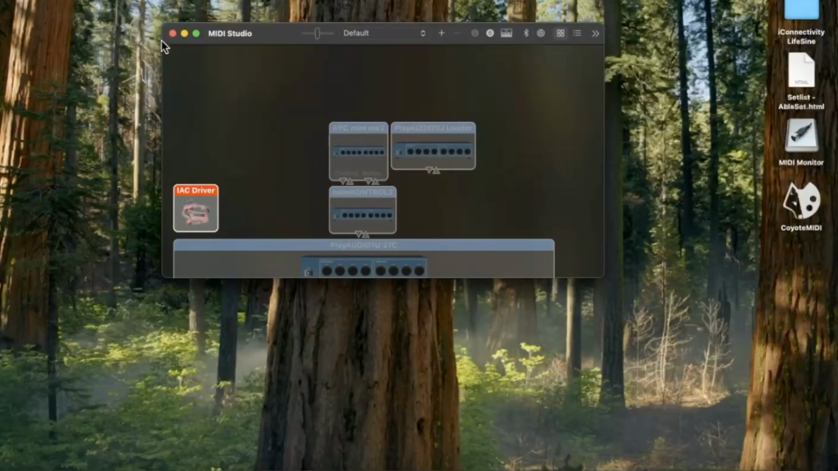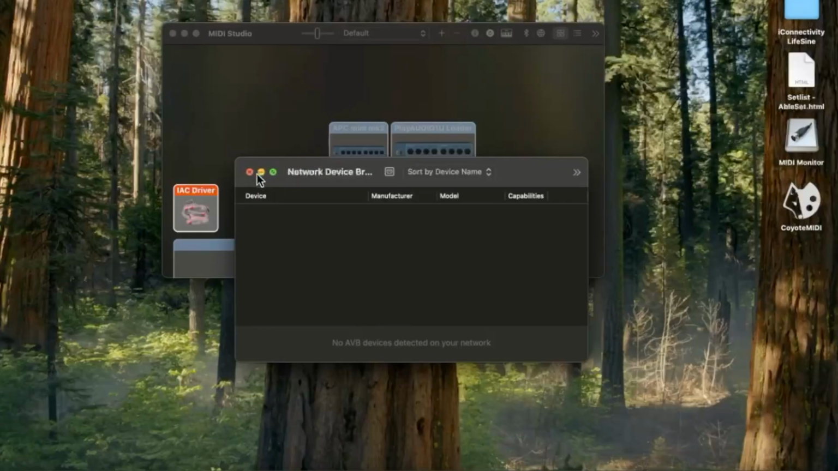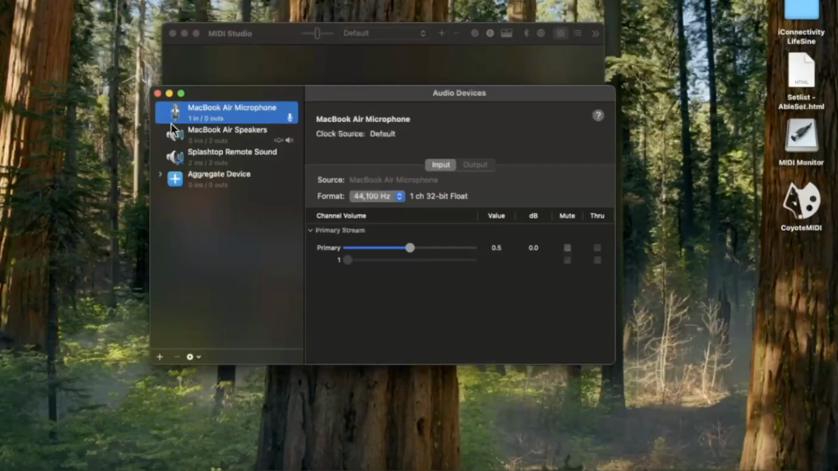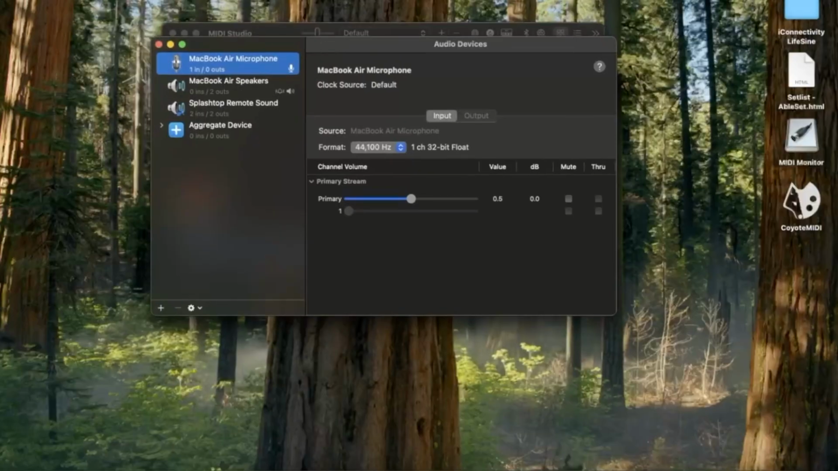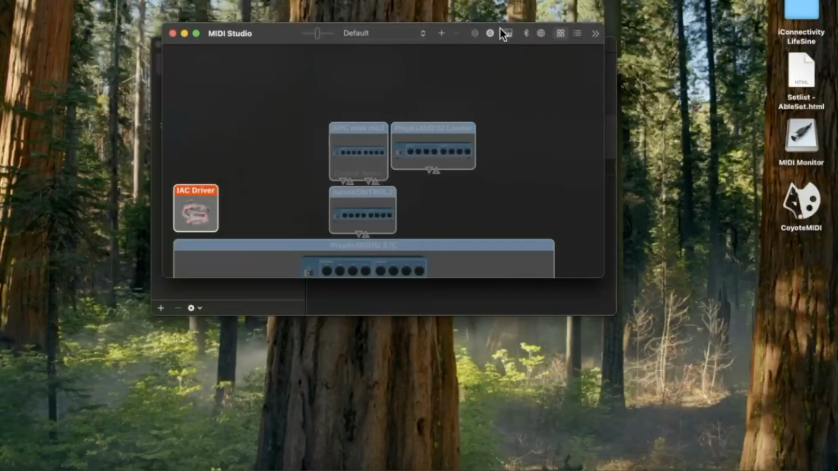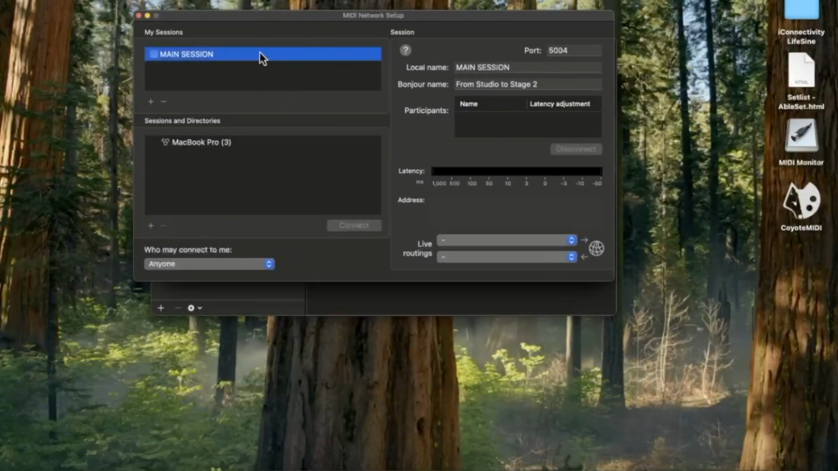It's going to default to MIDI Studio for me already, but it's not going to auto start there for you guys. So you're going to hit View, and then Show MIDI Studio. It's going to default probably on this screen for you guys. I'm just going to go to the MIDI Studio. Then you're going to hit this little globe icon up here, and that is the network. So once you're in MIDI Studio, hit the globe, network, and then you're going to see here, I already have